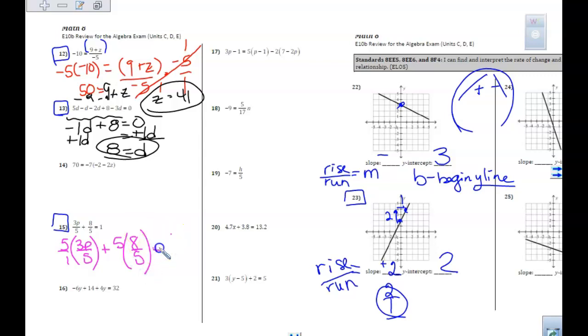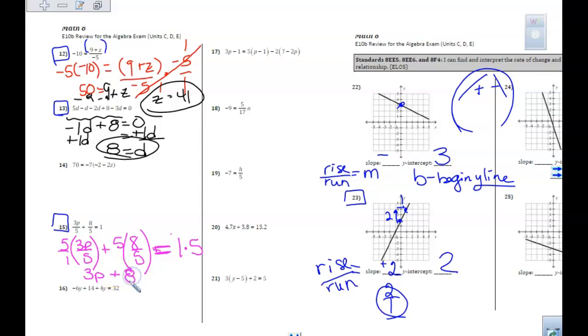Plus, equals, 1 times 5. And if I'm going to multiply here in the numerator, I get 15p divided by 5, which equals 3p. Here I'm going to take, if I'm multiplying 5 times 8, 40 divided by 5